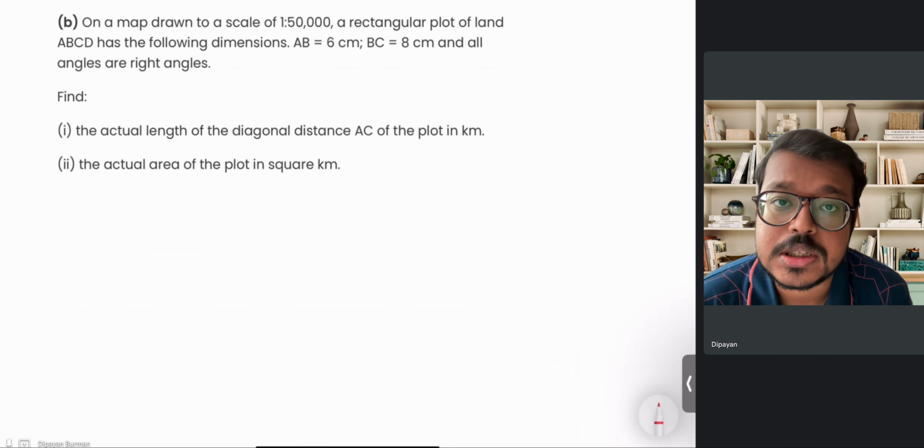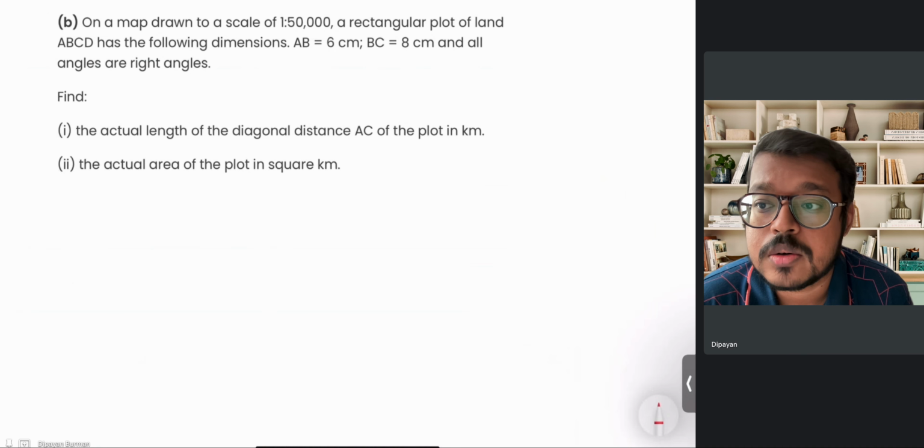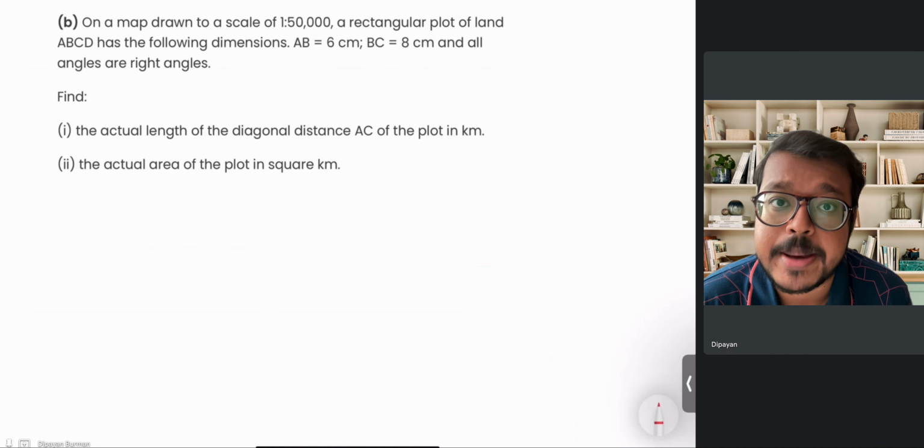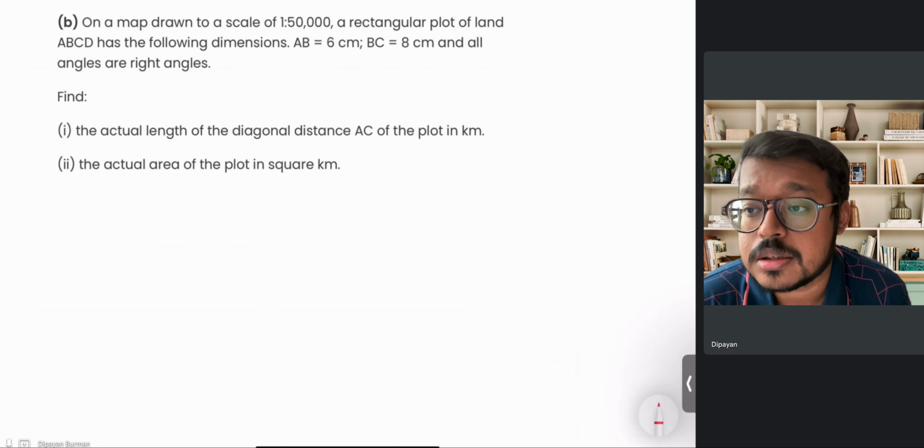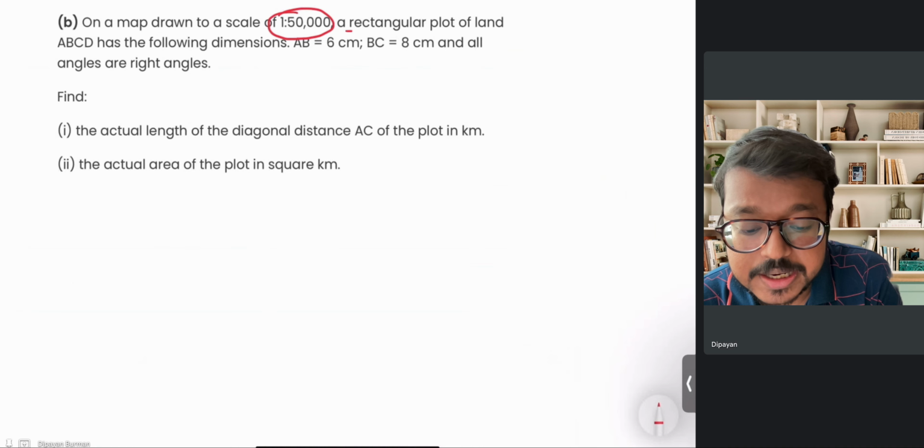Let's solve more questions from Similarity. Now, these are questions specific to maps and models. The first question is that on a map drawn to scale of 1 is to 50,000, a rectangular plot of